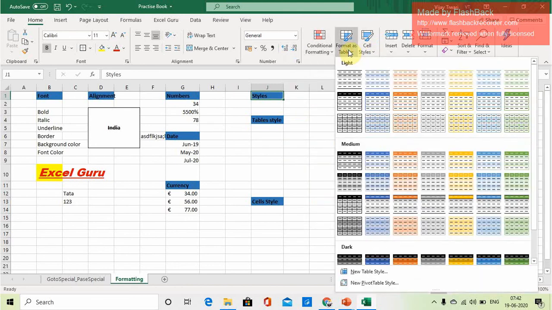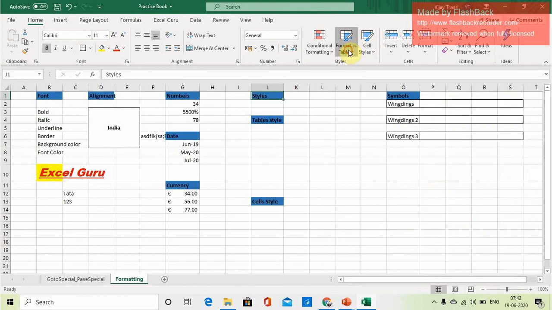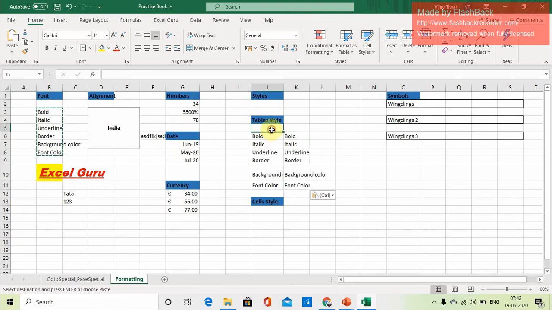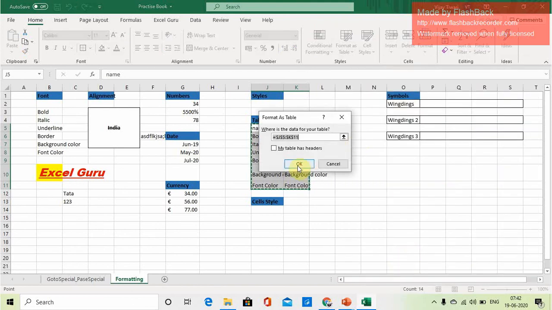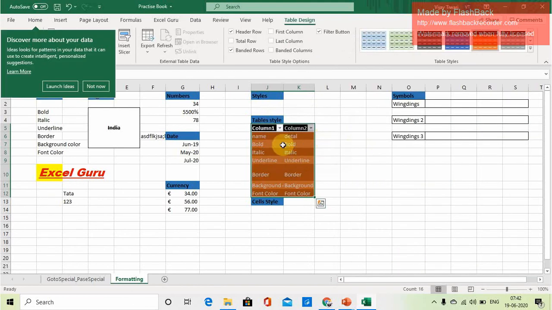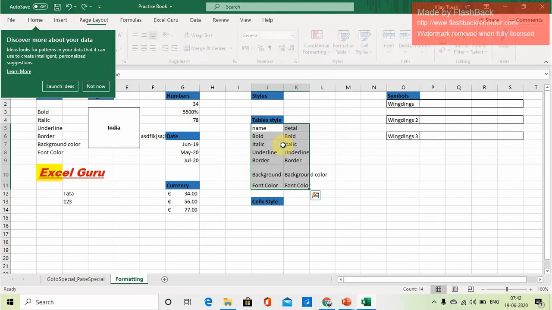So let's understand the formatting of table. Let's say some values have been written here and you want to change the format of this table, so you can take any formatting like this. Suppose I am taking this, by default it will be auto adjusted, and the format will be like this.